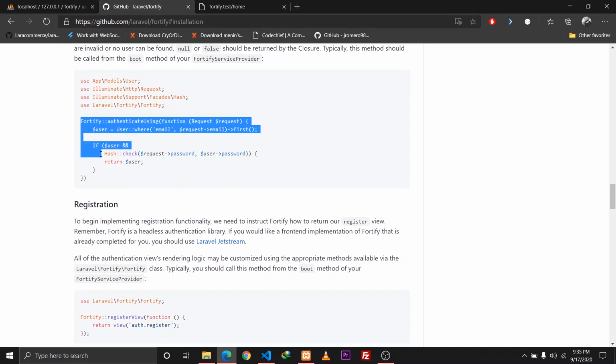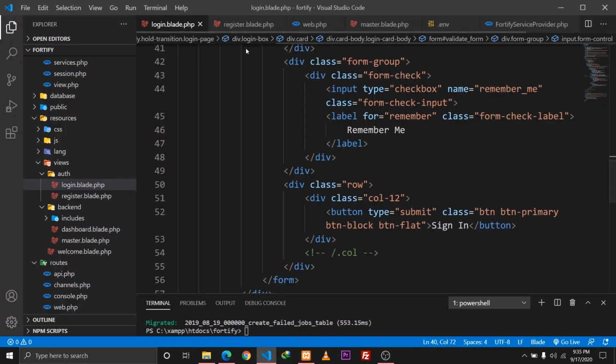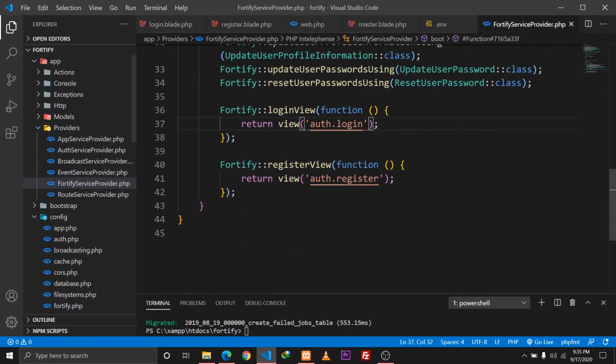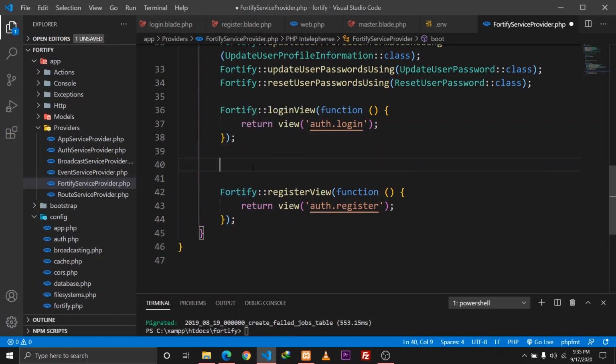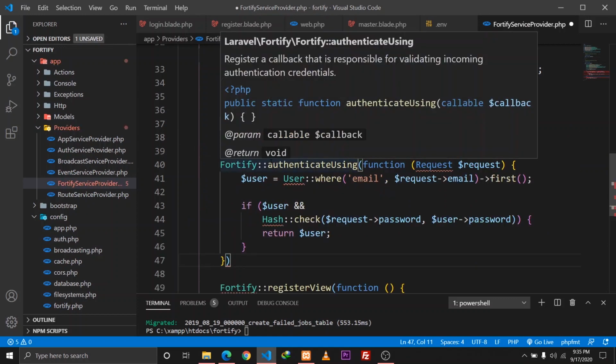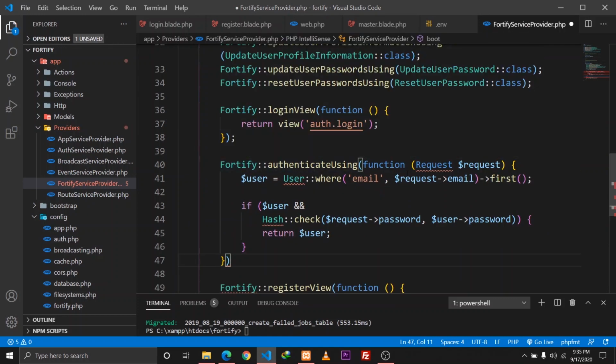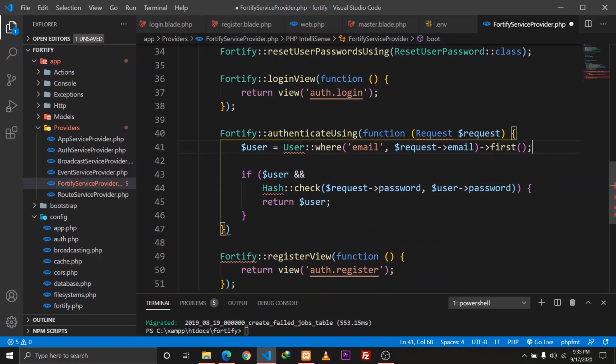For that, we need to implement this authenticate using function in our Fortify service provider, and let's paste it here. Fortify authenticate using takes a function, and it will query for the user with this email, and if it finds that user, then it will check the password and then return the user. So we need to import these two files,